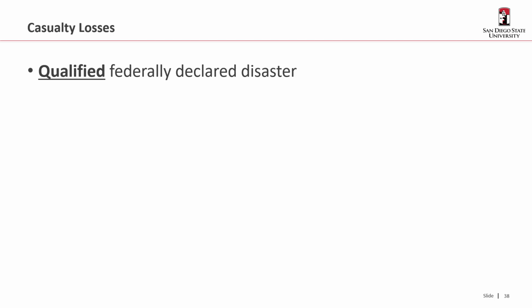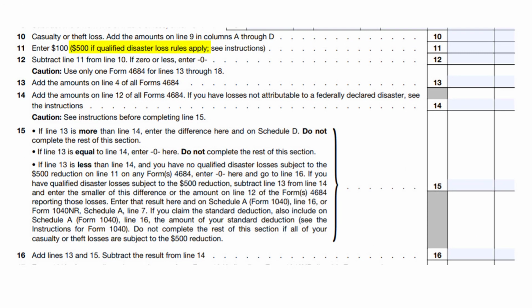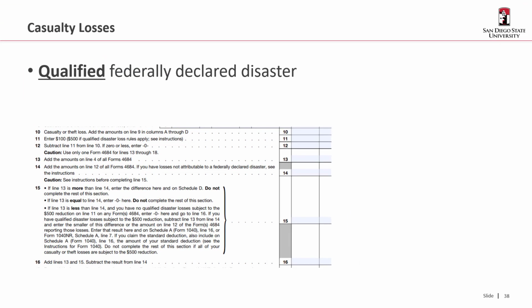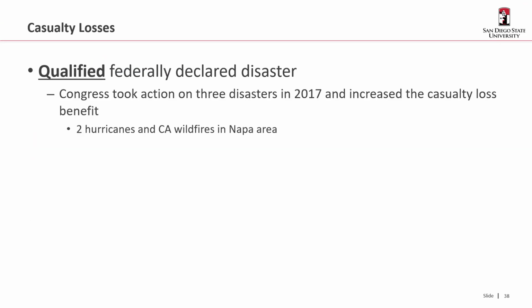Okay, so there's a special kind, or there was a special kind, we don't know if there'll be any more. There was a special kind of federally declared disaster described as a qualified federally declared disaster. And the reason I bring this up is you're going to see it inside the Form 4684 that you use to file a casualty loss. So Congress took action on 3 disasters in 2017, and it actually increased the casualty loss